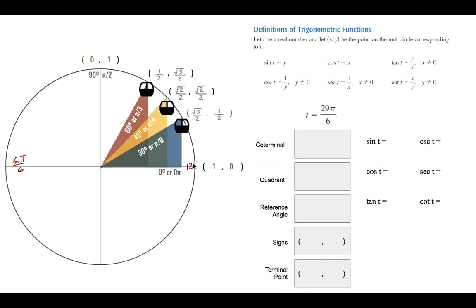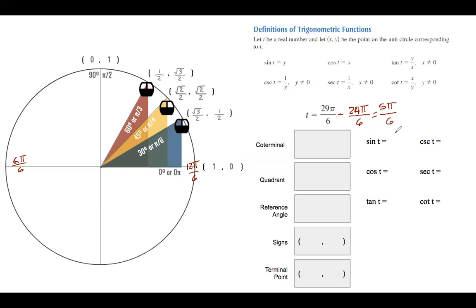And over here, we're going to have the angle 12 pi over 6. In a way, what you could do is subtract 12 pi over 6 once, but it looks like we can fit it another time. So instead of subtracting 12 pi over 6, we might as well just subtract 24 pi over 6. And you're going to end up with 5 pi